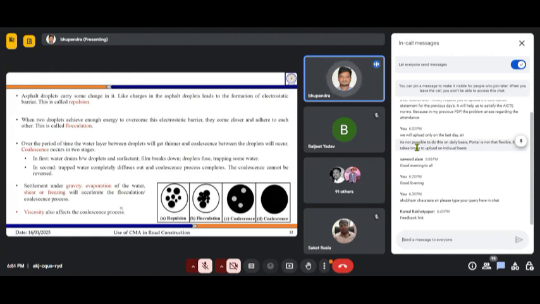So how does that process occur? Here 4 stages are defined. Actually, these are 3 stages, and the third stage has 2 sub stages, so that is why a total of 4 stages are there. Initially, when you see any emulsion, figure A represents that. There are asphalt droplets, and they contain either positive charge or negative charge. Asphalt droplets carry some charge, and because of that similar charge, there is a formation of an electrostatic barrier, so that they cannot come close to each other. So they remain suspended in the solution. This stage is called the repulsion stage.